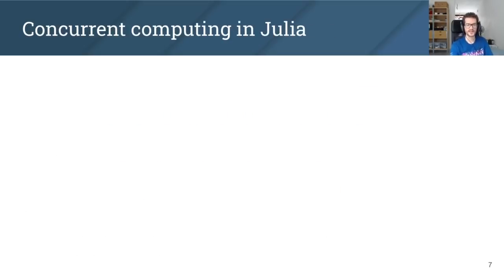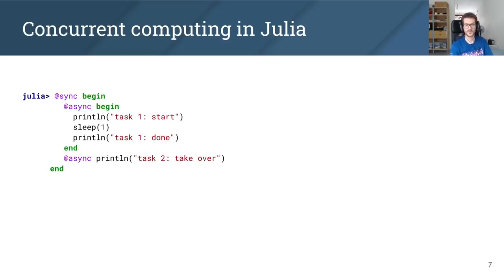So to improve that, let's have a look at concurrent computing. This is a programming model for expressing operations that can execute concurrently as opposed to sequentially. Julia already has great support for concurrent computing. The operations are grouped in tasks, and we can create tasks using the @async macro. We then group multiple of these tasks with the @sync macro, indicating that we want to wait for the result of each of these tasks while they execute concurrently.